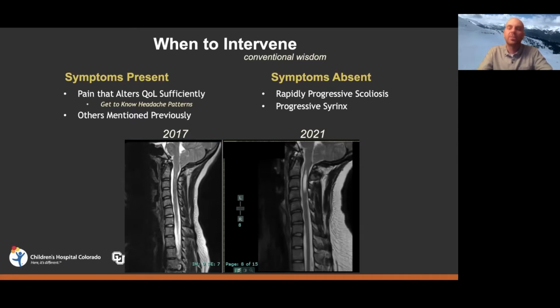So among the ones who have symptoms, what are the symptoms that lead you to say, okay, surgery is the right thing for this patient. I can make this patient's life better by doing surgery. And so if they've got headaches that are really mild, maybe they have them once every few months and they're not that bothersome, well, do you really want to go through an operation in order to potentially treat that headache? Maybe not. But if you have headaches that are really impacting your quality of life, that are preventing you from doing things you want to do, that may be a circumstance where you do surgery to try to treat those